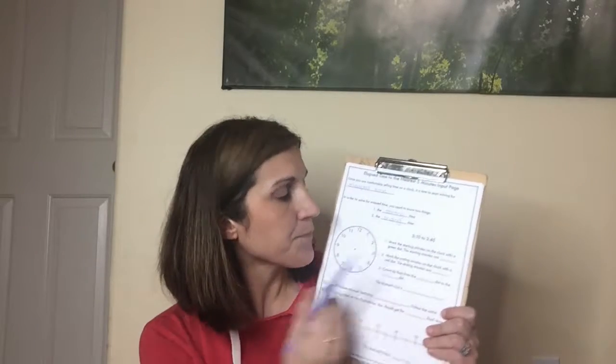Okay, now let's look at our first example. So it says from 3:10, that's our starting time, to 3:45, that's our ending time. And then it has some steps for us to follow, which is always helpful. Mark the starting minutes on the clock with a green dot. The starting minutes are, okay? So with a green dot,